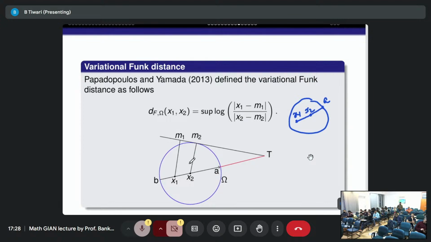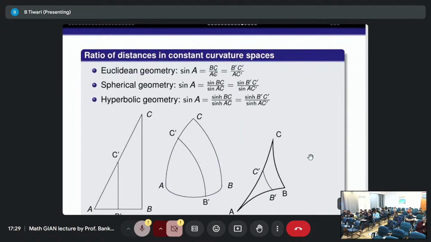So somehow this ratio of distances is important, and it was considered to define this variational Funk distance. Now they also generalized it to the spaces of constant curvature. So here, in Euclidean geometry,